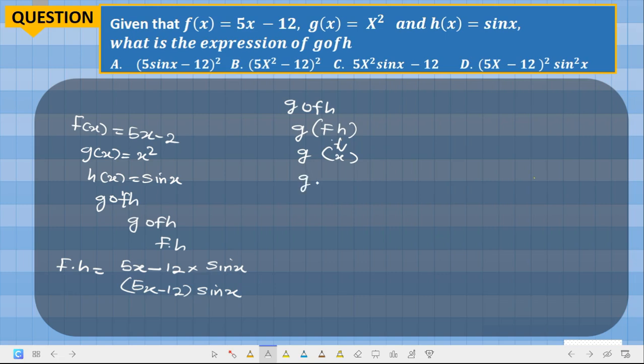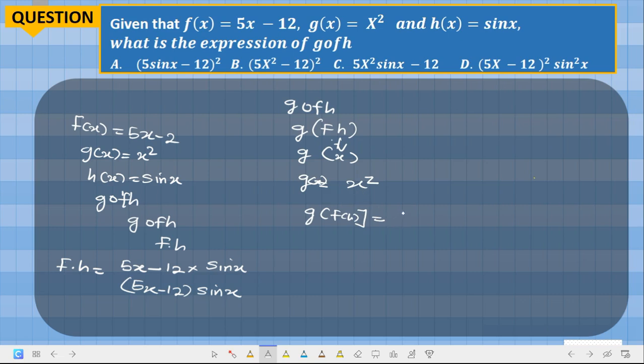Now what is our g? Our g of x is x square. Okay? G of x is x square. So wherever you see x here, you put the value of what? F of h, or f multiplied by h. So our g of f of h will be equals to, we have x here, so we put the value of